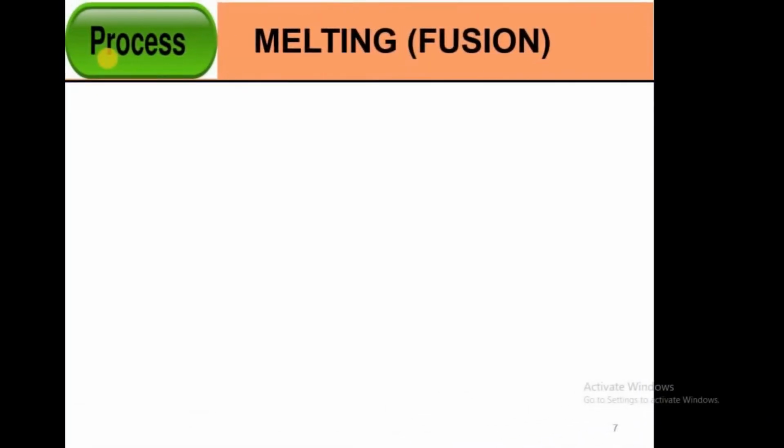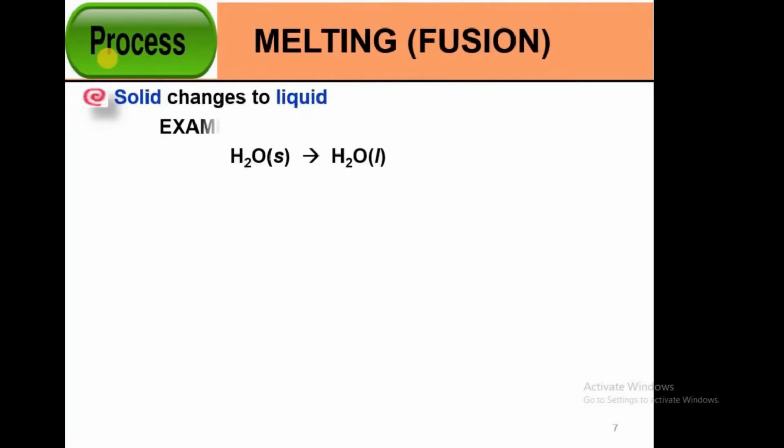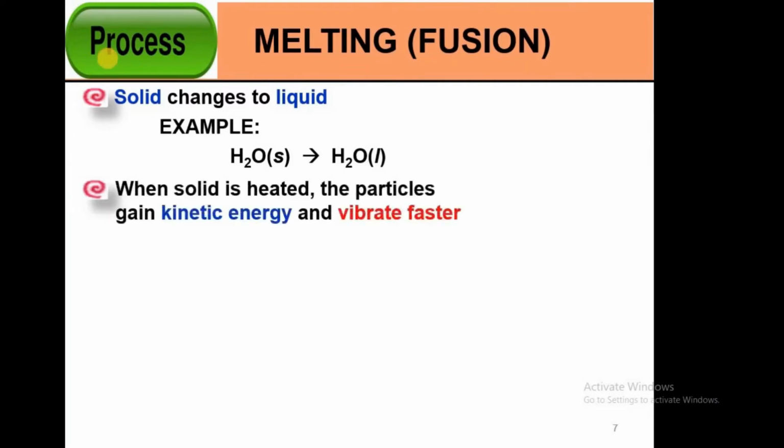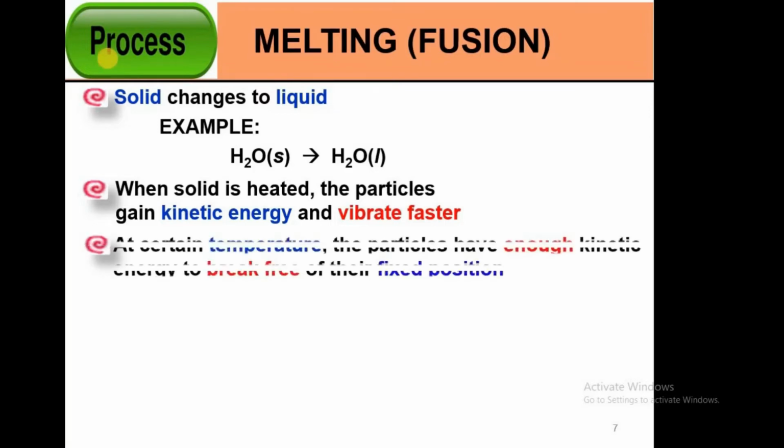The next process is melting or fusion. This melting process occurs when solid changes to liquid. For example, we have water in solid phase, then it becomes water in liquid phase. When a solid substance is heated, the particles gain kinetic energy and vibrate faster. Then, at a certain temperature, the particles have enough kinetic energy to break free of their fixed position, and now